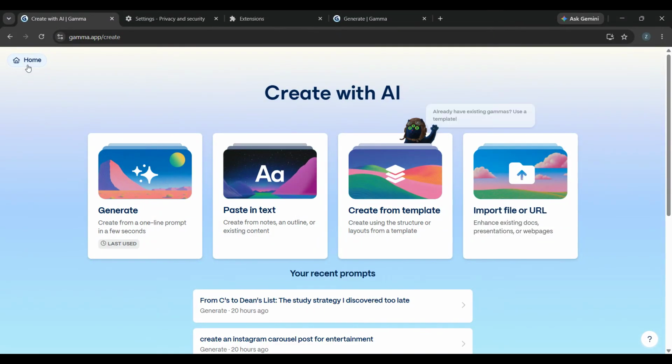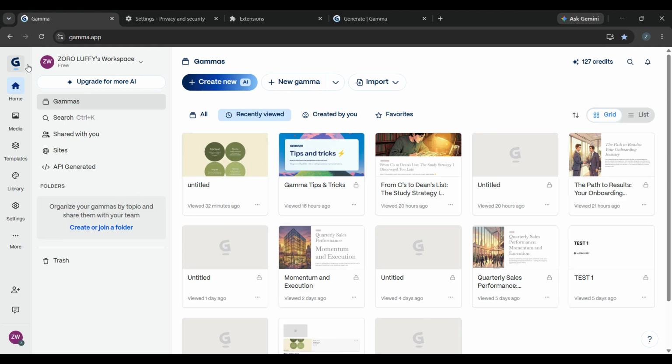If you're seeing an unexpected error in the Gamma app, don't worry. In this video, I'll show you a few quick fixes you can try right now to get back to creating your presentation. This is especially helpful if Gamma keeps failing while generating slides, loading your prompt, or working with large